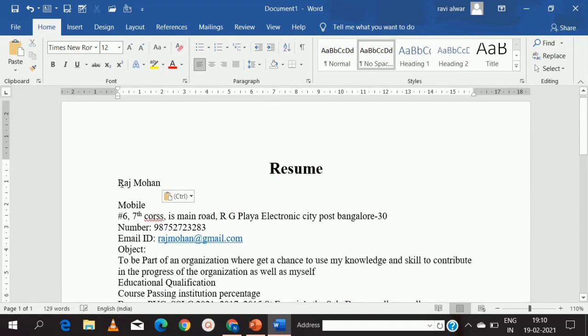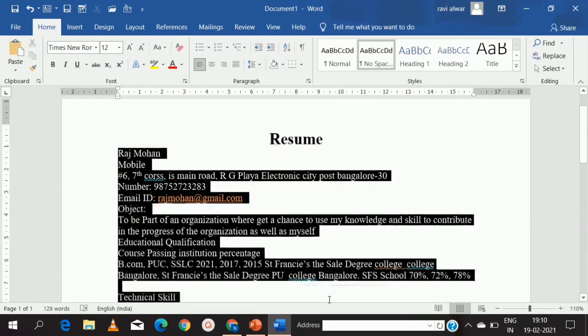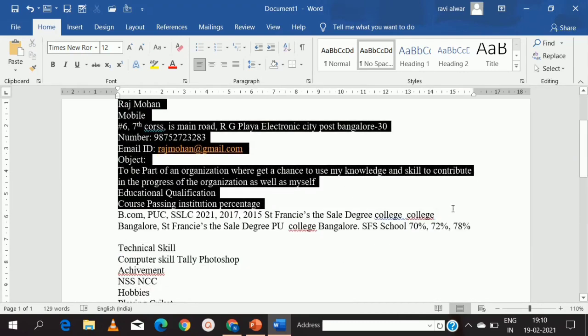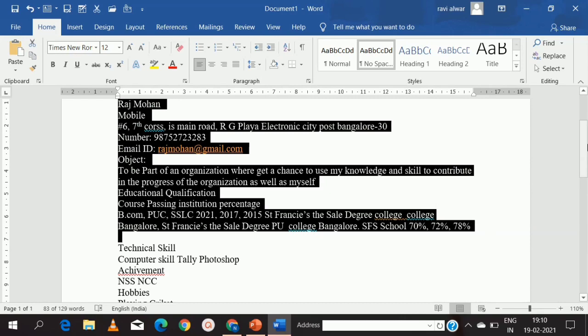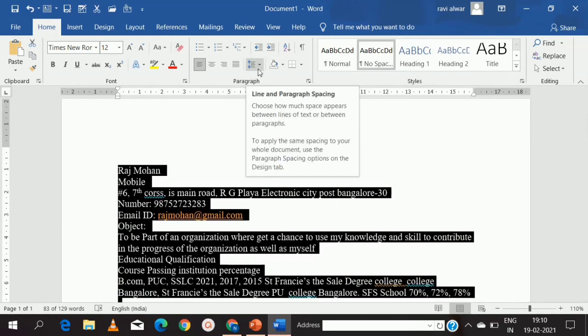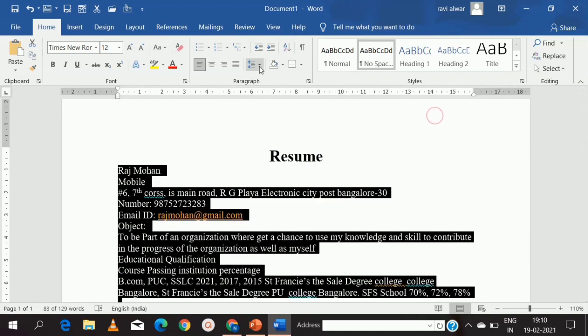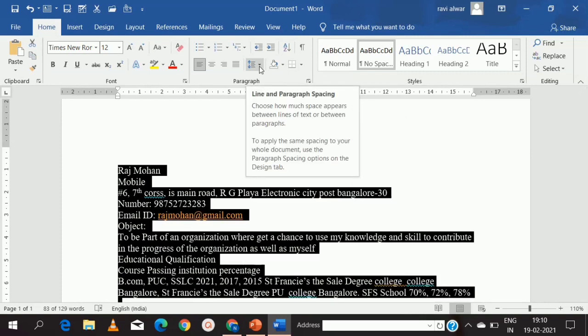Name. See, these texts are very close. I want a space between each line. So I will select the text, and again go to this paragraph command. There I am going to click on this line and paragraph spacing.